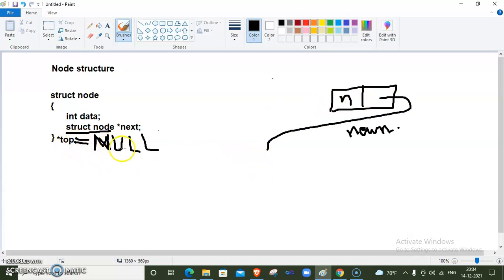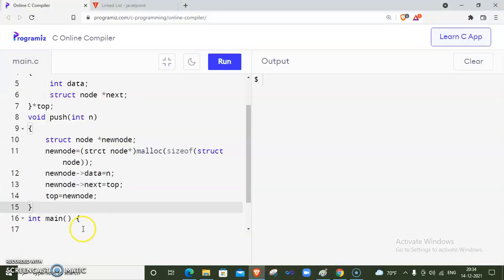Now our top is null, so we store null inside this. So even though our stack is empty, our code will be adjusted in that case also. And our top will be updated like this.